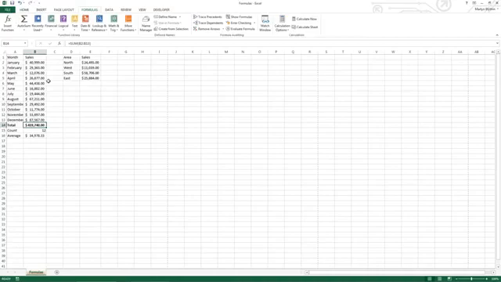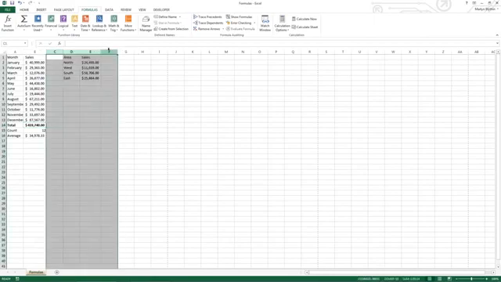There's one other thing I want to show you here, which is what's known as relative and absolute references. This is a really key point when you're using formulas. If you don't understand what this means, it can cause you to make errors in your formulas quite easily. So I'm just going to delete this over here,